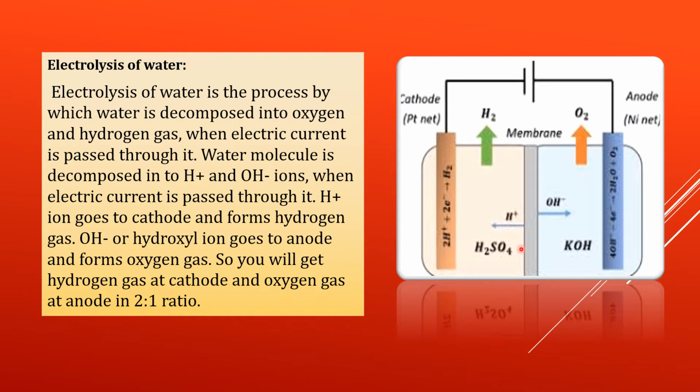And what type of current flows through this circuit? Always remember, DC current. Because you should know that there are 2 types of current, one is DC, another one is AC. I already taught you current electricity, so hopefully you have remembered this. AC means alternating current, that means after a certain period of time the direction of current will change. And DC means direct current.